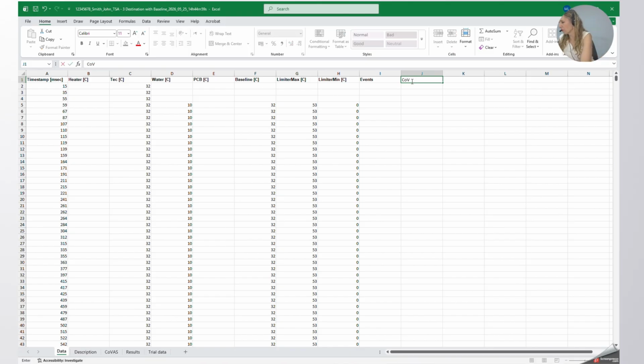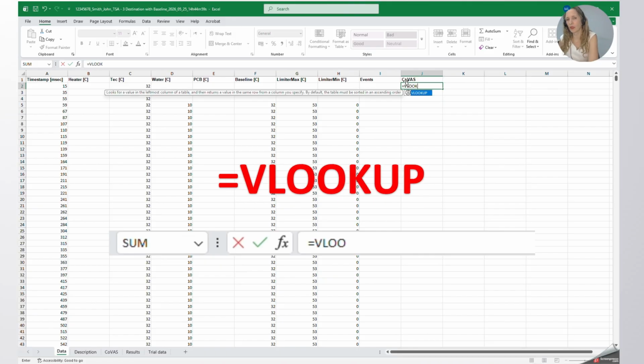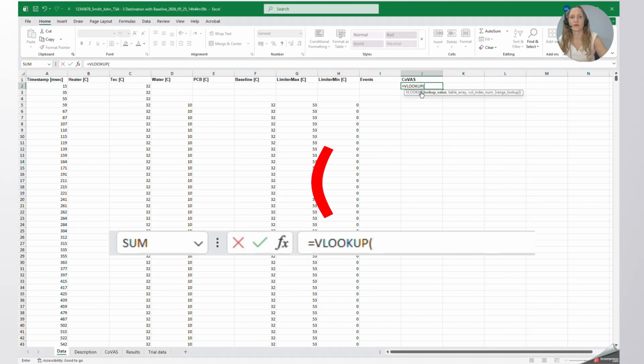Let's just make this column CoVAS, and this is the column that I want to make. Now we are going to straighten out the data and put it all together. Equal sign, and write VLOOKUP, open the brackets, and we want here the lookup value: choose the first timestamp on this tab, comma,